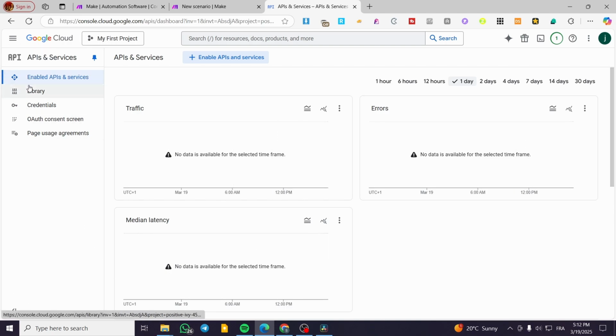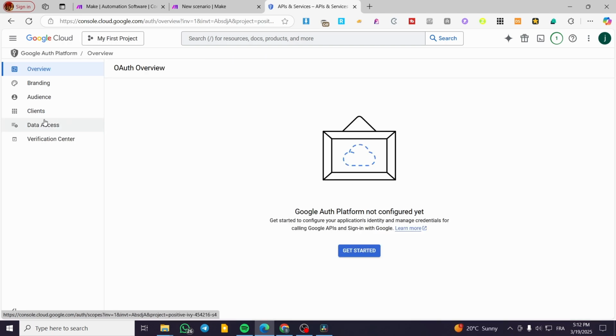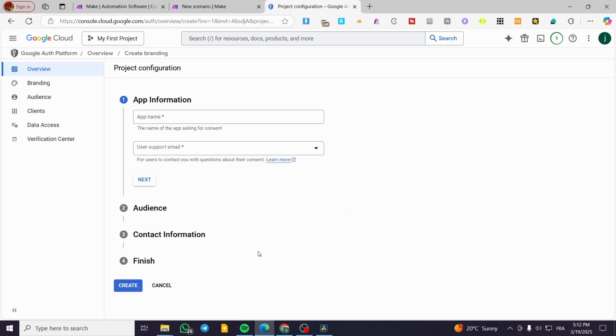We have five, as you can see, menus or items. We have enabled APIs and services, library, credentials, OAuth consent screen, and etc. We're going to click on OAuth consent screen. Then we are going to click on configure and start with the name. So we are going to have here make, let's say,